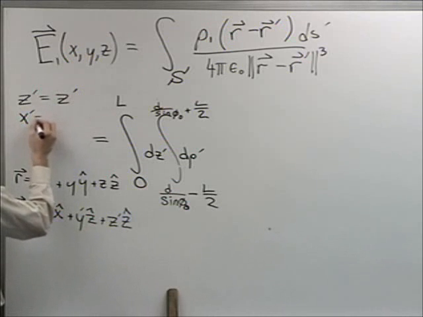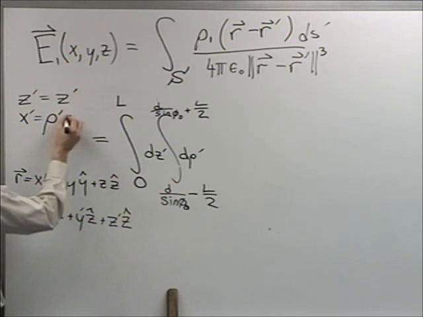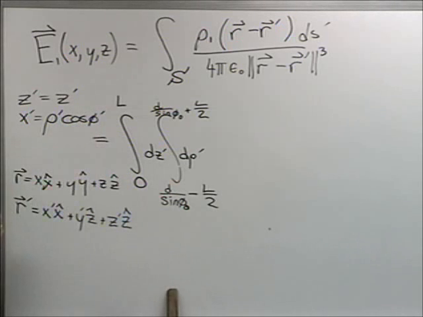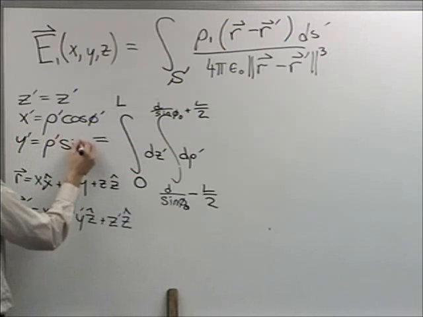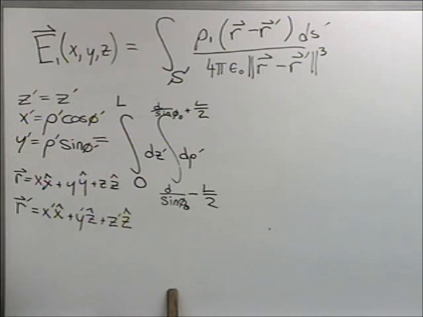X prime is really rho prime times the cosine of phi prime. I'm going to prime everything here because remember we're talking about the variable of integration. Y prime is equal to rho prime times the sine of phi prime. You find these formulas in your book or just use elementary geometry to reason through them. So now let me go ahead and stick these into this expression here. R prime is then equal to rho prime